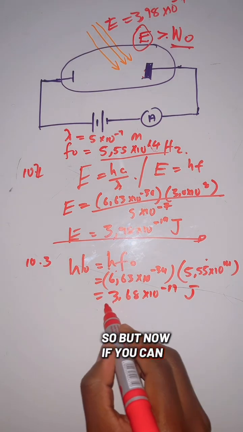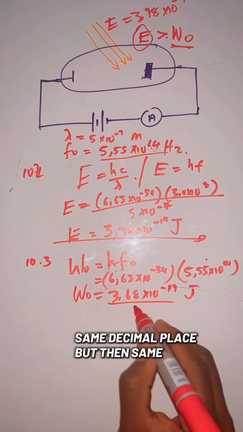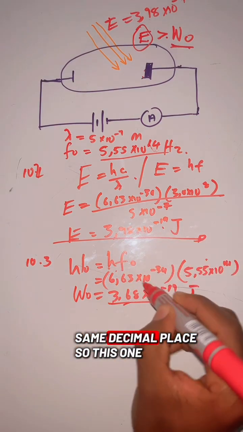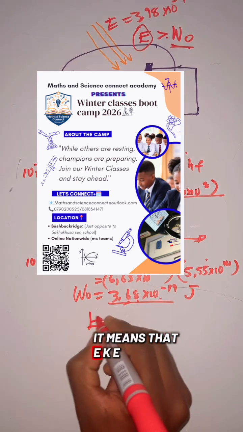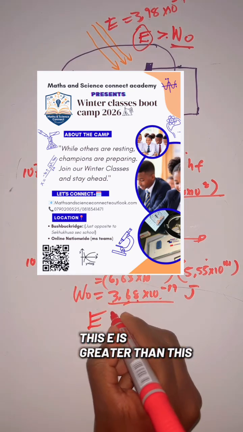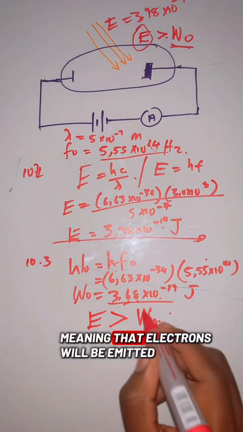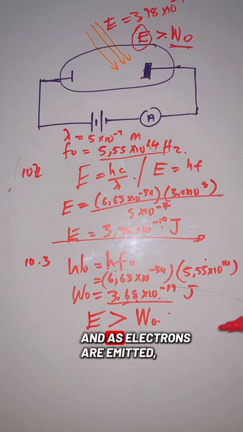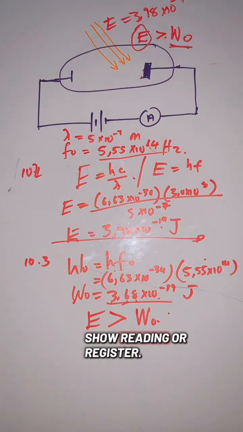But now if you check, we have two energies here with the same power of ten. So this one is 3.68, this one is 3.98. So it means that this E is greater than this work function here, meaning that electrons will be emitted. And as electrons are emitted, it means that the ammeter will show a reading, or will register a